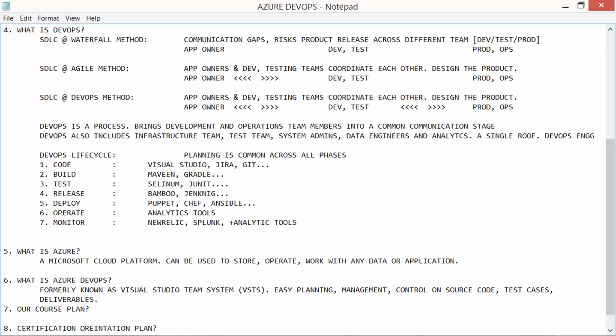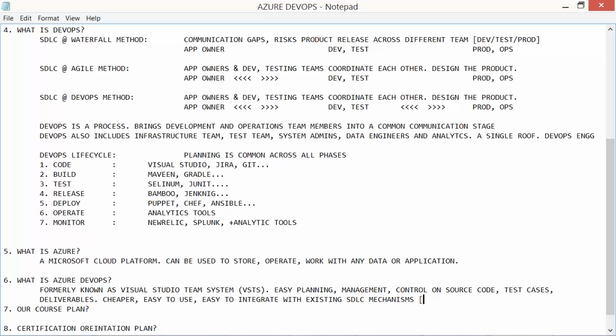In fact, most of the companies are now into Azure DevOps mainly because it is comparatively cheaper, easy to use, easy to implement, and easy to integrate with existing SDLC, the software development lifecycle, mechanisms.